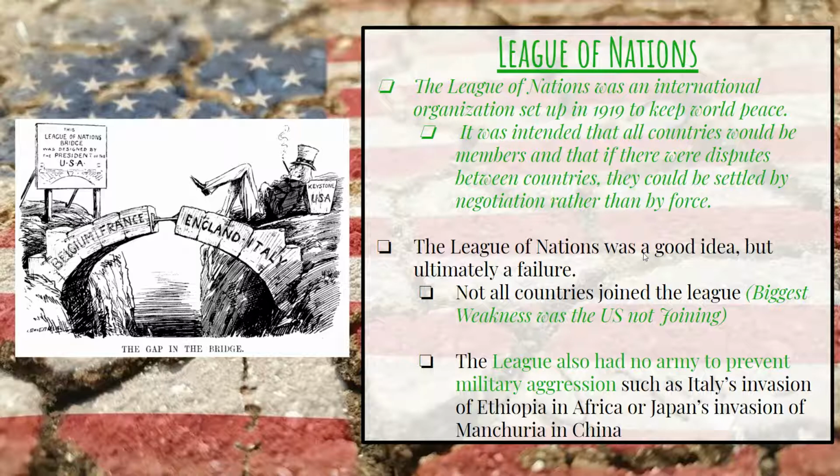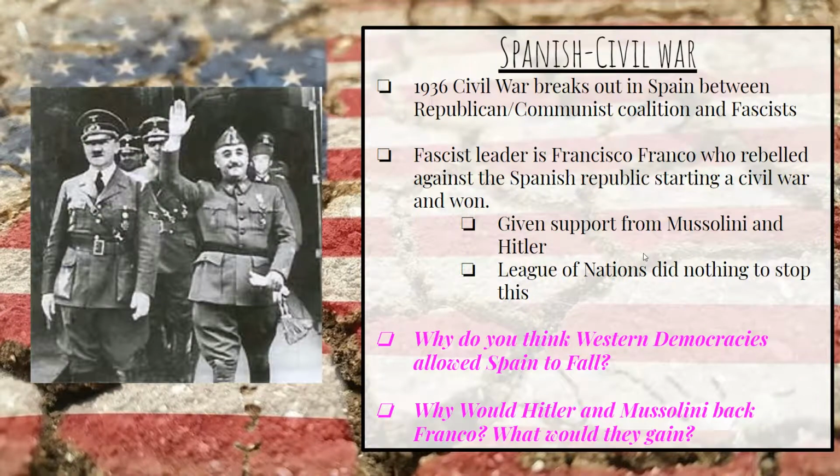So Italy is going to invade Ethiopia in Africa. Japan's going to invade Manchuria in China. Okay, Mussolini and Hitler are going to help the Spanish leader try to overthrow with a communist revolt. So all of these things are going to happen and ultimately push and push and push the League of Nations, which follows into that policy of appeasement, which is allowing you to do what you want to prevent a war.